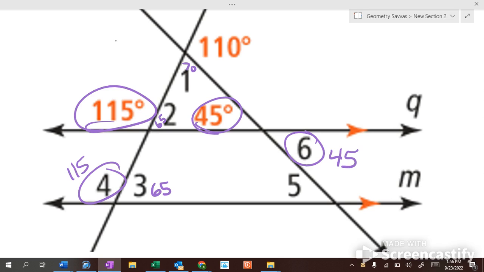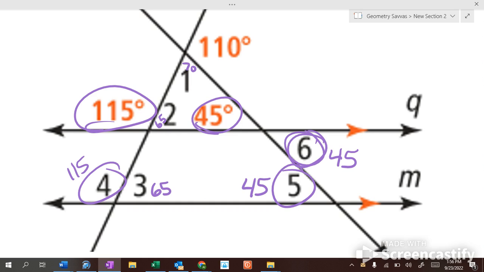And then this angle and this angle are alternate what, Alex? Alternate what, 6 and 5? Alternate interior angles. And we know that alternate interior angles are congruent, so angle 5 is